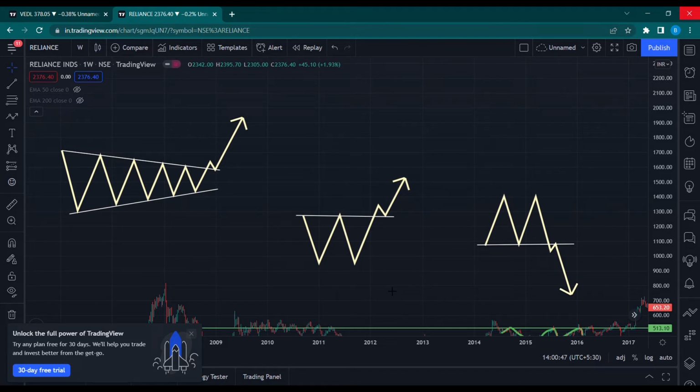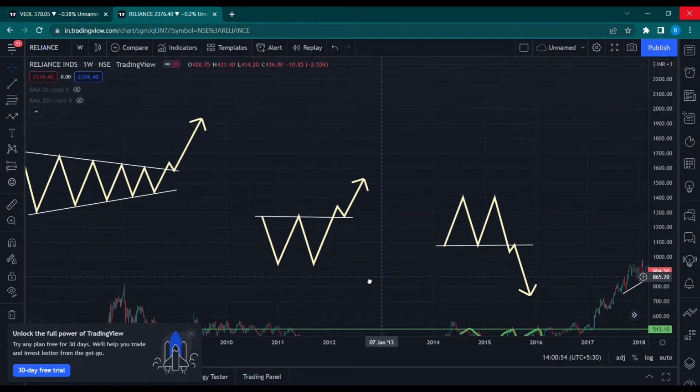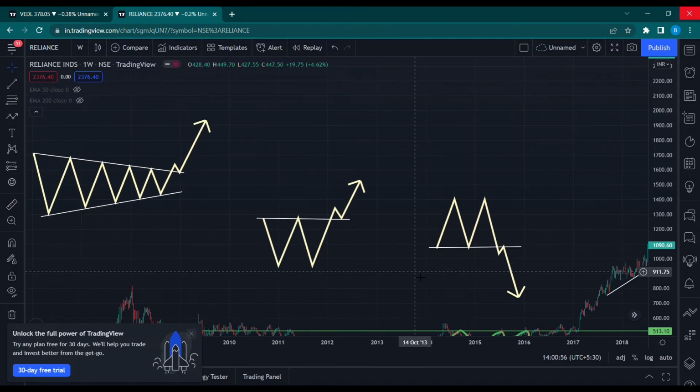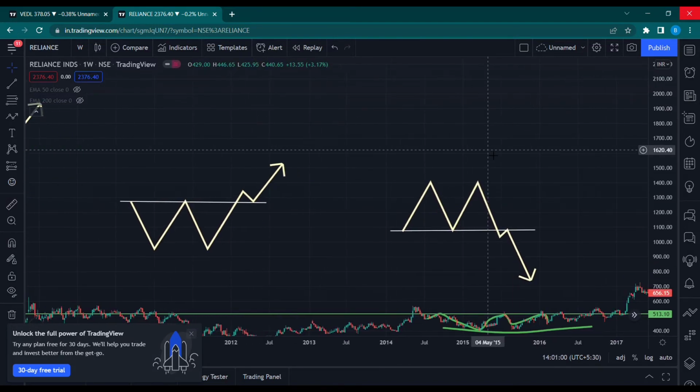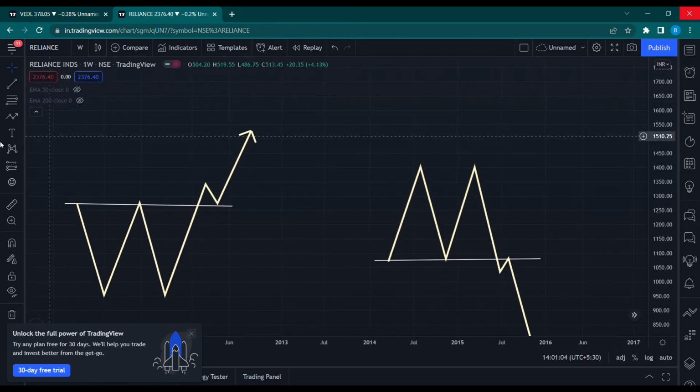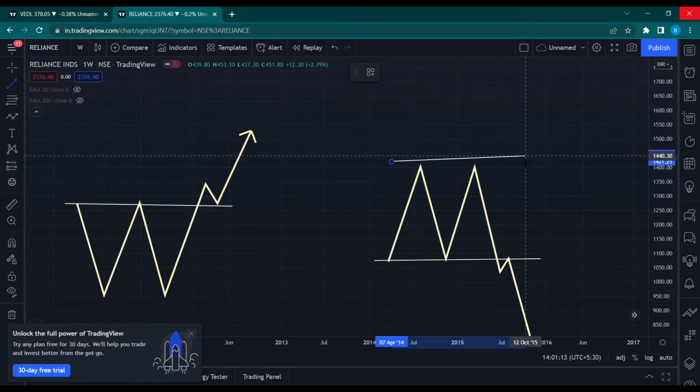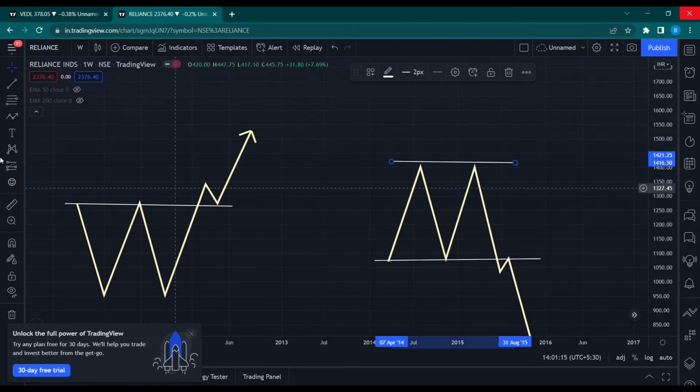So in this section we will be learning some basic chart patterns. I have a few of them on my screen right now. So let's have a look at this pattern, right? So this is called a double top, right? So what does this mean? Again, say for example, this is our resistance level, right? Just a second, I'll just mark it. So in this case this is a resistance level, right?